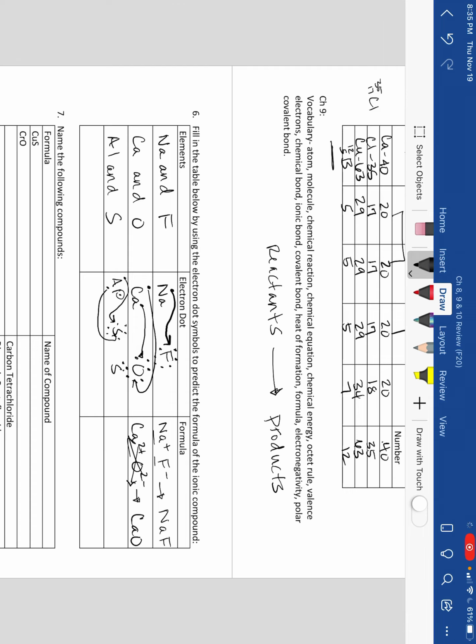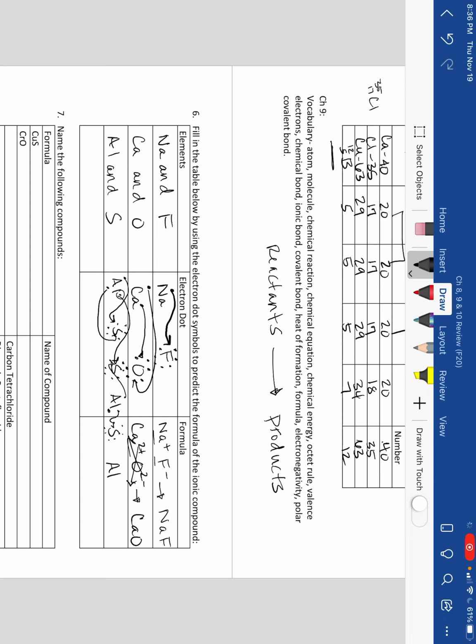So you got to add another one, which now you only have 1, so you're going to have to add another aluminum. I didn't give you guys enough space for this. So you have 2 more here, so you need another sulfur. So you end up with, this is terrible, you end up with